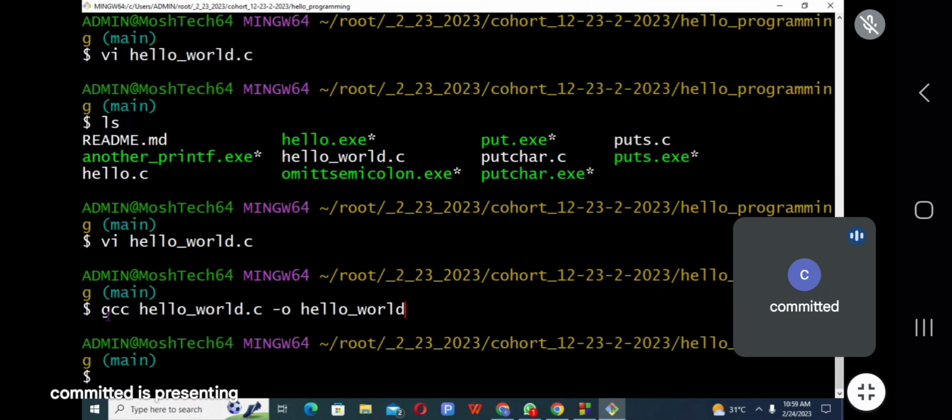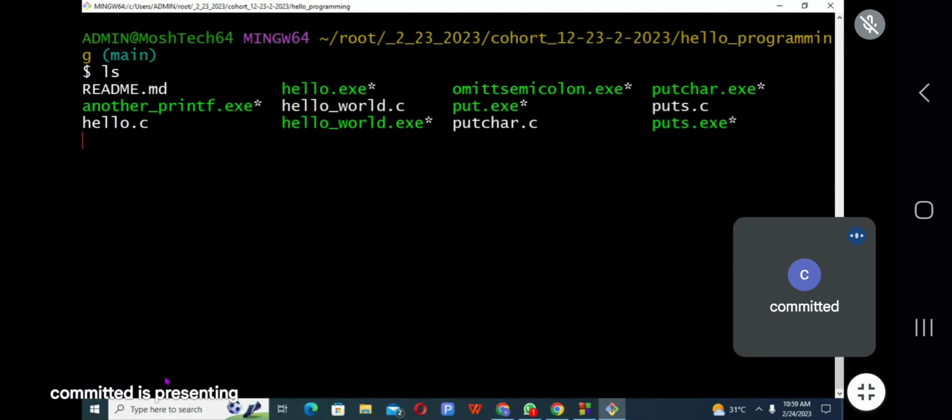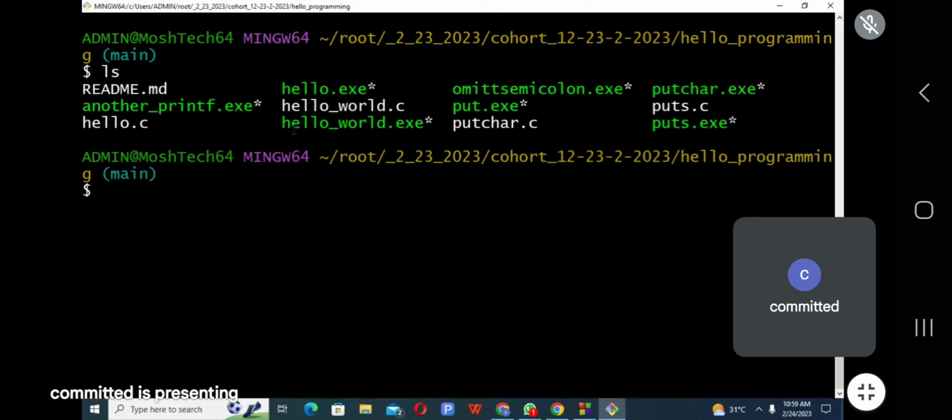Now I have compiled my code without error. So let's see. This is the file now. It has become executable when you see it in a green color, depending on the setting of the system you are using. So this is our source file, while this one is our executable file.